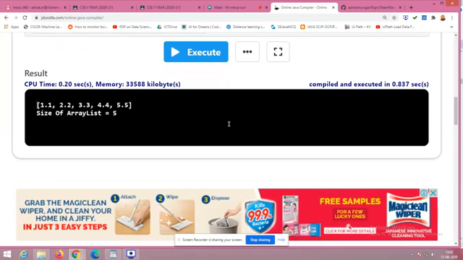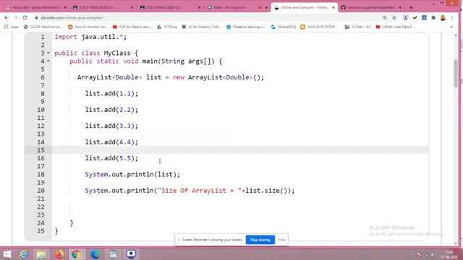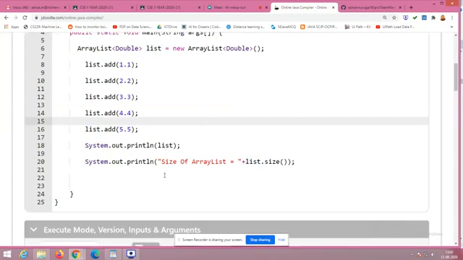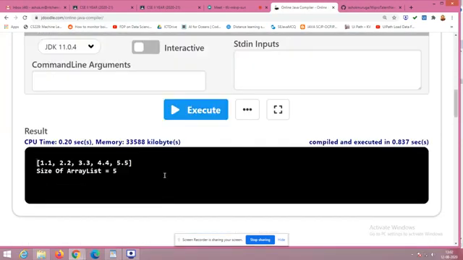Do you understand this? I have not used a for loop. Have you seen that? Because we have 5 elements. For printing only one element, we have learnt till now with a normal variable. See the behavior of the object. Without any for loop, it is ready to print all the elements which are stored in the object. Have you got it? That's the power of this data structure. So size of the array list is 5.